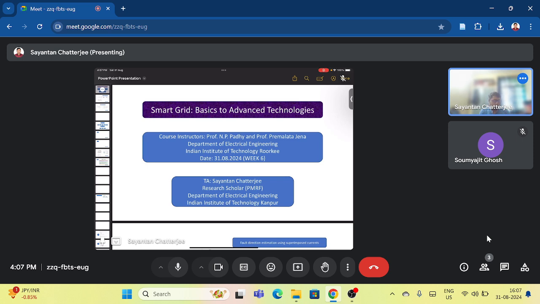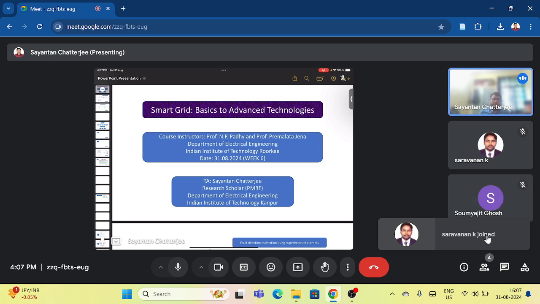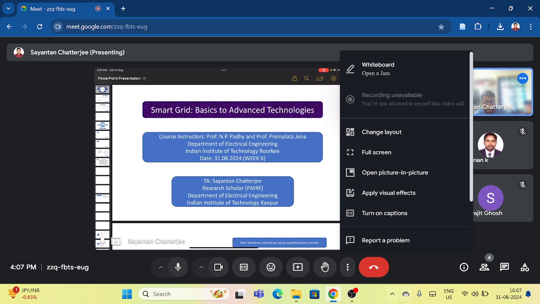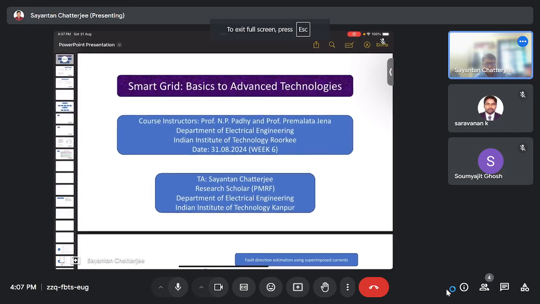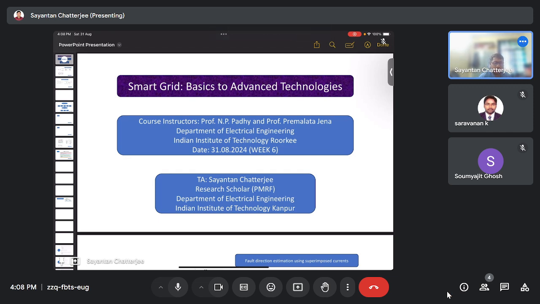So for that, firstly, why do these adaptive protection schemes need to be developed? That is one thing we need to take into consideration, because we have synchronous generators, and all these synchronous generators can deliver the required amount of power. But with microgrids in place and with modern distribution grids in place, how do these things need to be modernized? Because, as we all know, for relays we have already